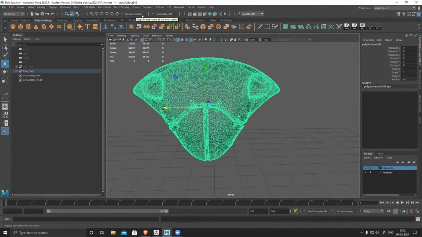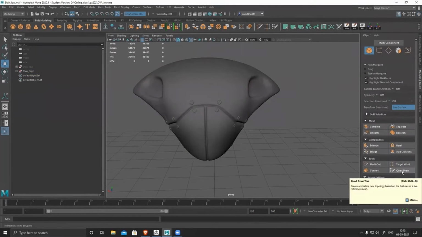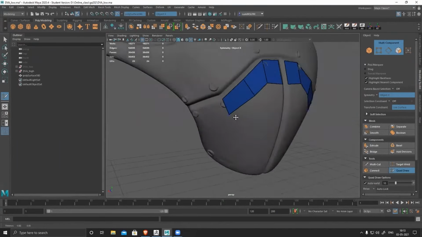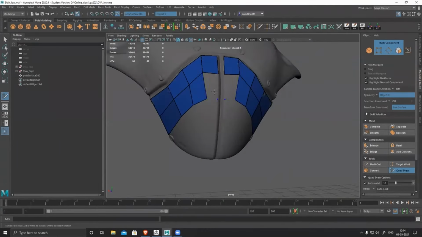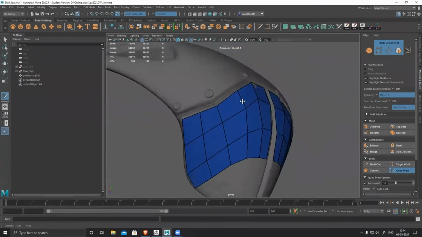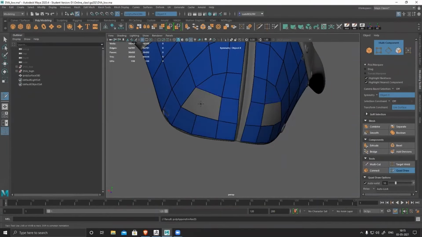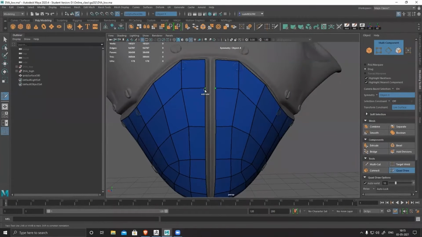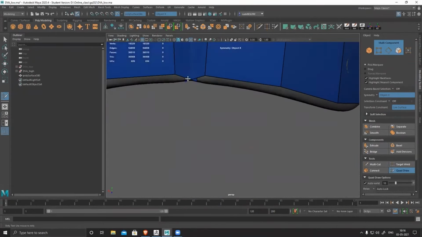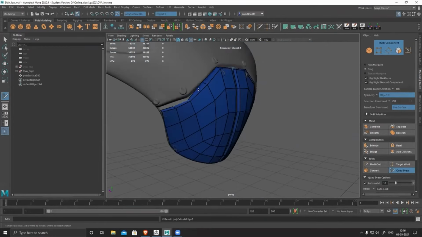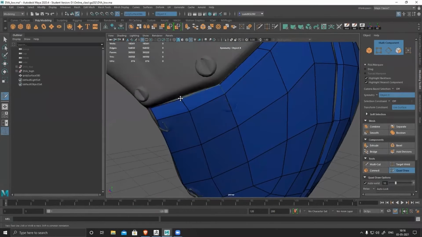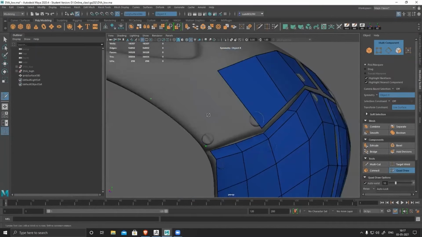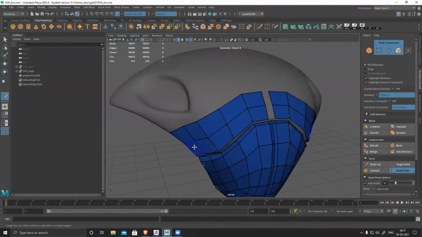Then you export your model. You see I have created the high poly, and in the high poly I have added those details. So now my low poly shape doesn't match with the high poly, so I'm simply retopoing the model with the help of Quad Draw. Wherever you need, you have to recreate that section. If your low poly and high poly align properly, it will give you a better result, and normals also bake very easily.